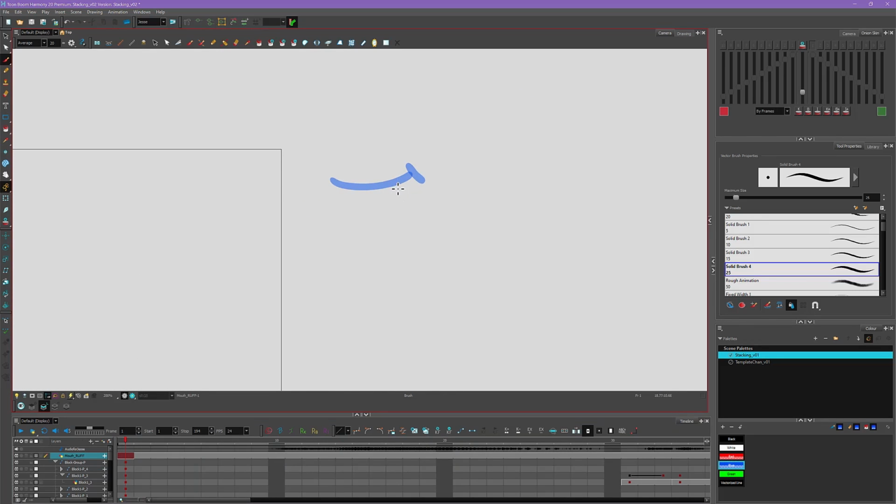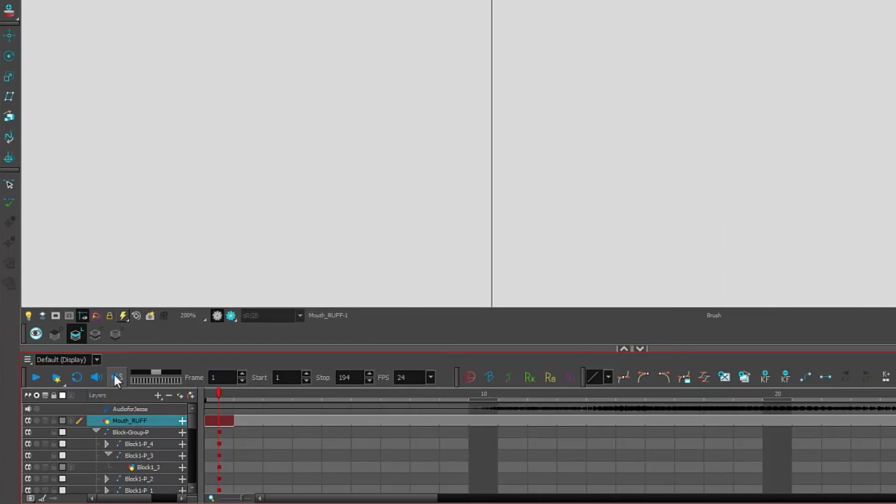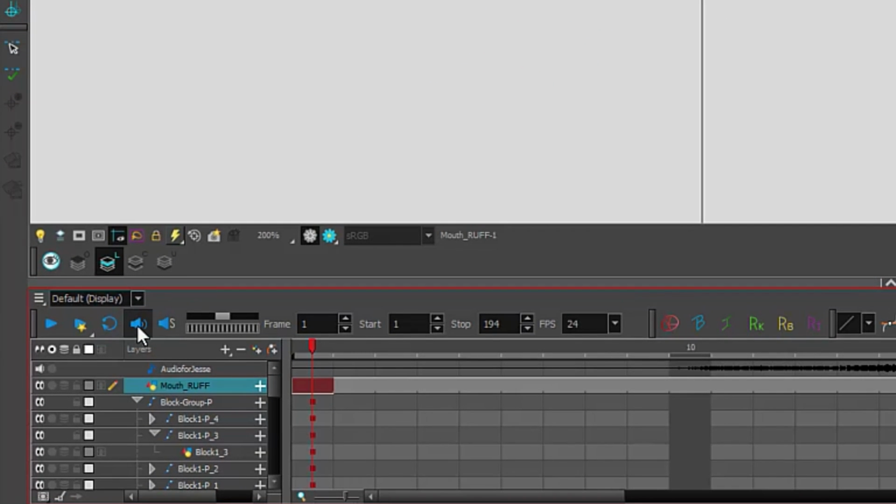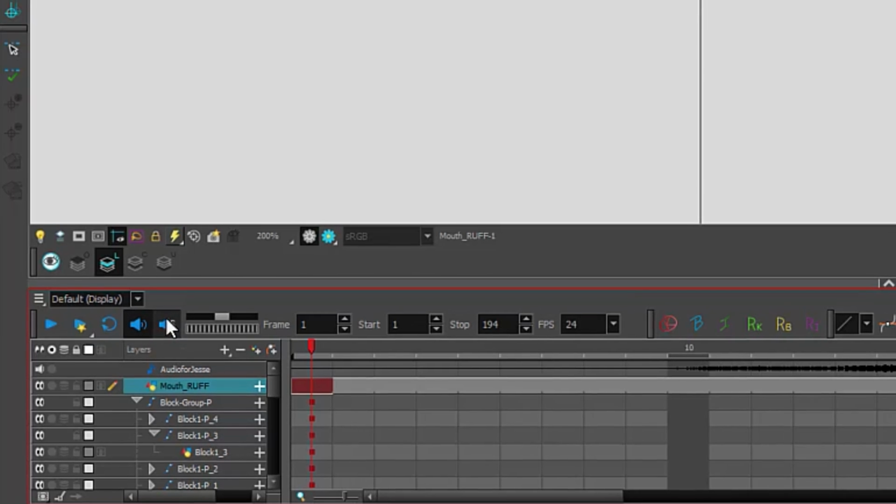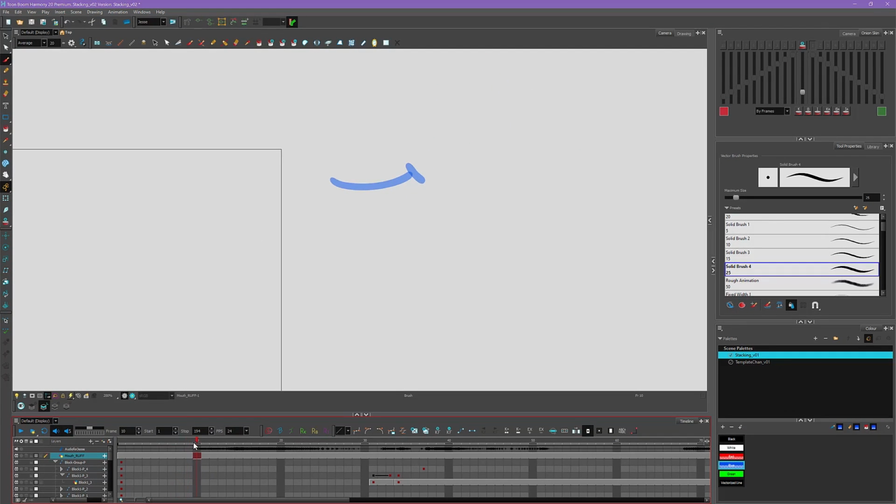And to do lip sync, we want to turn on our audio scrubbing. Audio scrubbing is when you scrub back and forth using your playhead and you can hear the audio. To turn on audio scrubbing, that's with these speakers down here. There's this speaker which enables audio, and then the speaker with the S next to it, that enables scrubbing. So here I can hear him start to do an S mouth shape, so I'm going to do a blank frame here and just draw a really simple S mouth shape like this. Again, this is only for reference, it's not meant to be a good drawing. And then he's got an O shape here.